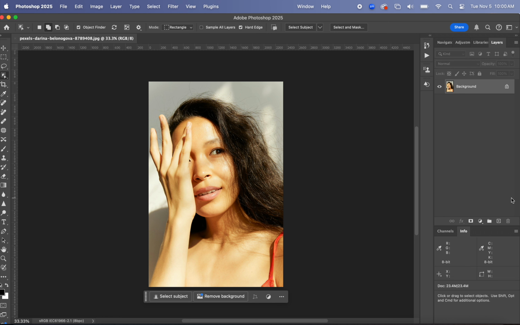Hello, just a quick tutorial on removing backgrounds, or removing the subject from the background. If you have an image that has a lot of hair flyouts, this is an easy way to separate the background and the person. Okay, so if you have this image or an image similar to this with a lot of hair flyout,